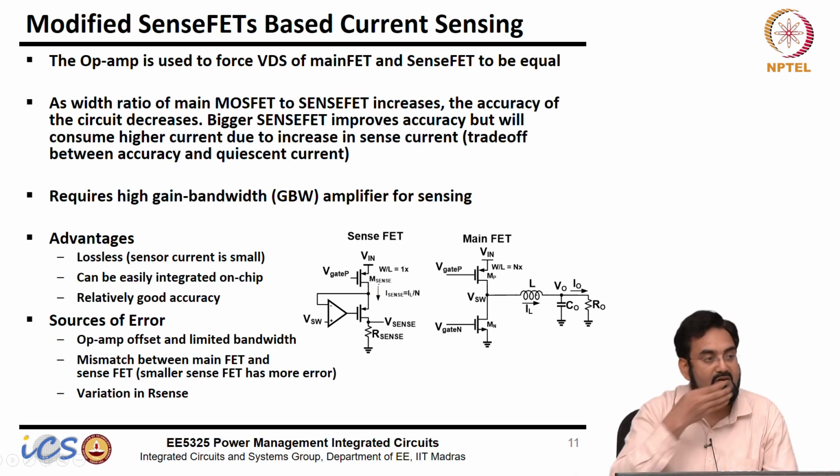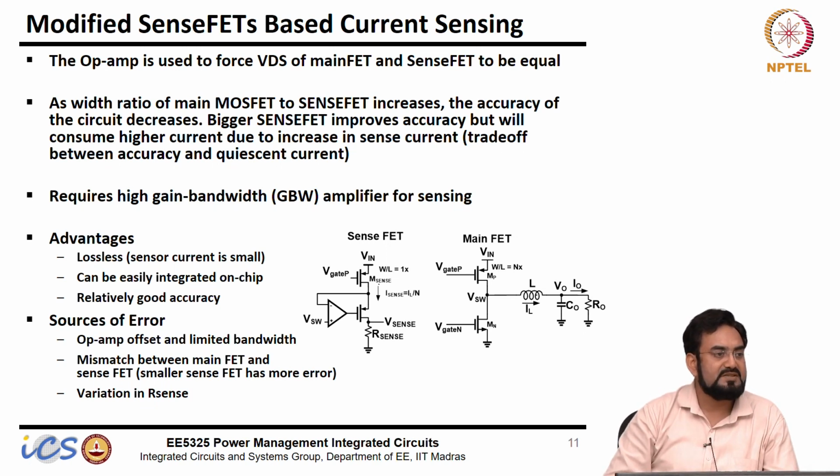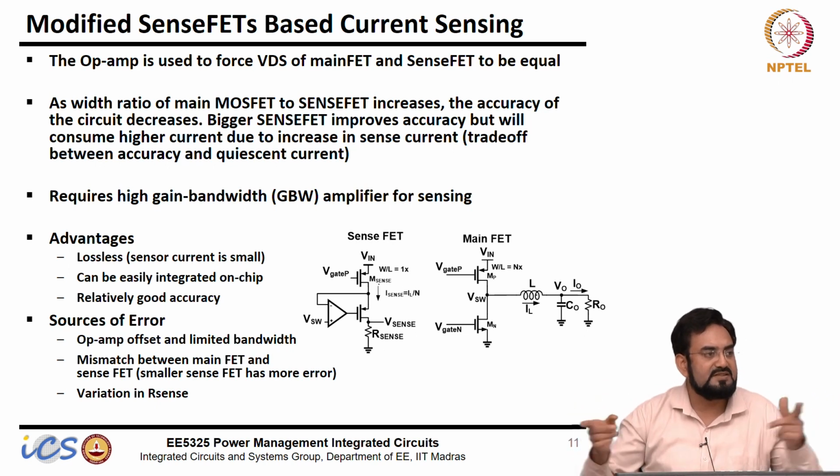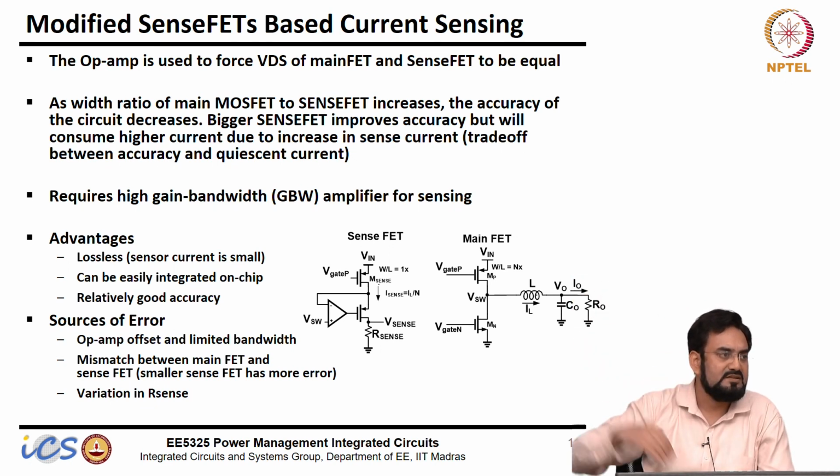High duty cycle only there will be a fast shoot in current. Why? When duty cycle is 90%, then only due to high slope, there will be... No, fast change. Higher duty cycle means V out is high, so the V in minus V out difference is smaller, so the current rise will be slower.